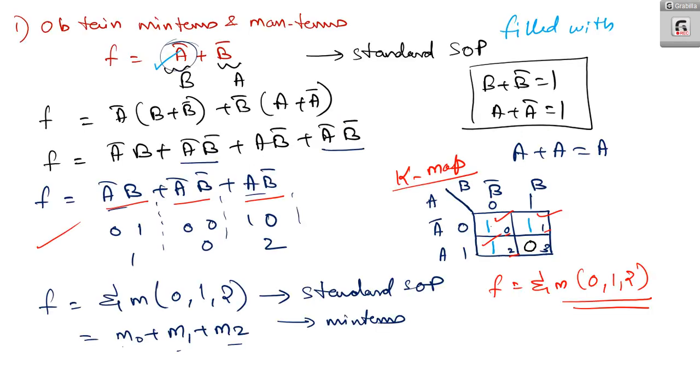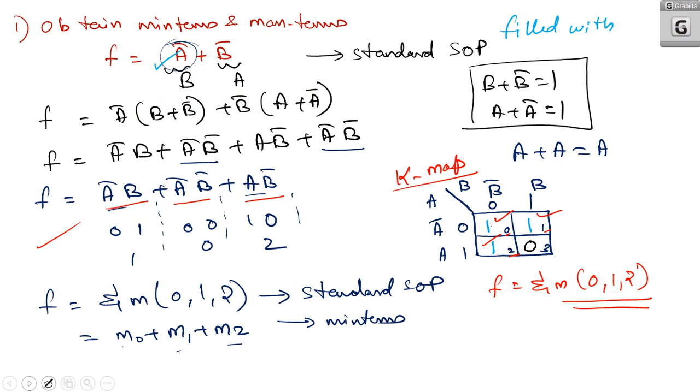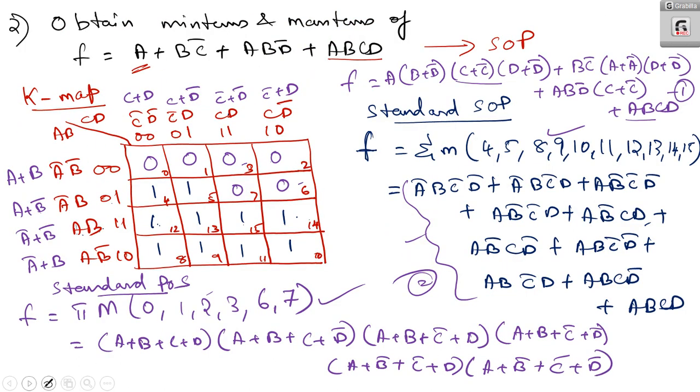In the first question, the Boolean algebra method as well as the K-map method is specified, both for min term and match term, that is for forming standard SOP and standard POS forms. Now in the second question, the K-map method is followed because we are having 4 variables, and the corresponding standard SOP and POS form is derived. And I have also expanded this SOP form into standard SOP form.